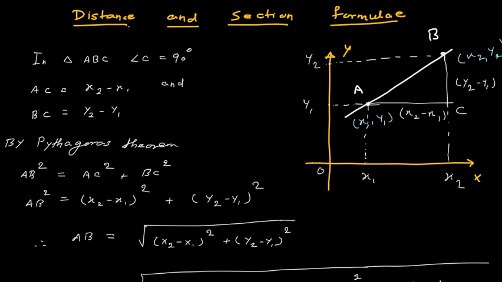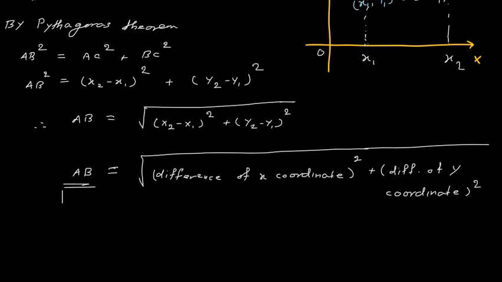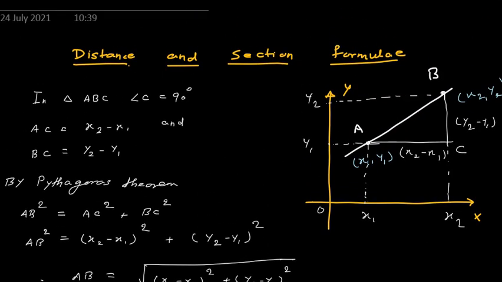Usually we follow x2 minus x1 the whole square plus y2 minus y1 the whole square. So we recommend that you also follow this practice. But if you are using x1 minus x2 the whole square plus y1 minus y2 the whole square, that is perfectly alright. If you take y coordinate first, that is also correct. Okay, so this is your distance formula, simple formula. You understand how this distance formula came? Okay, so if you know 2 points with their coordinate, you can find distance between those 2 points.